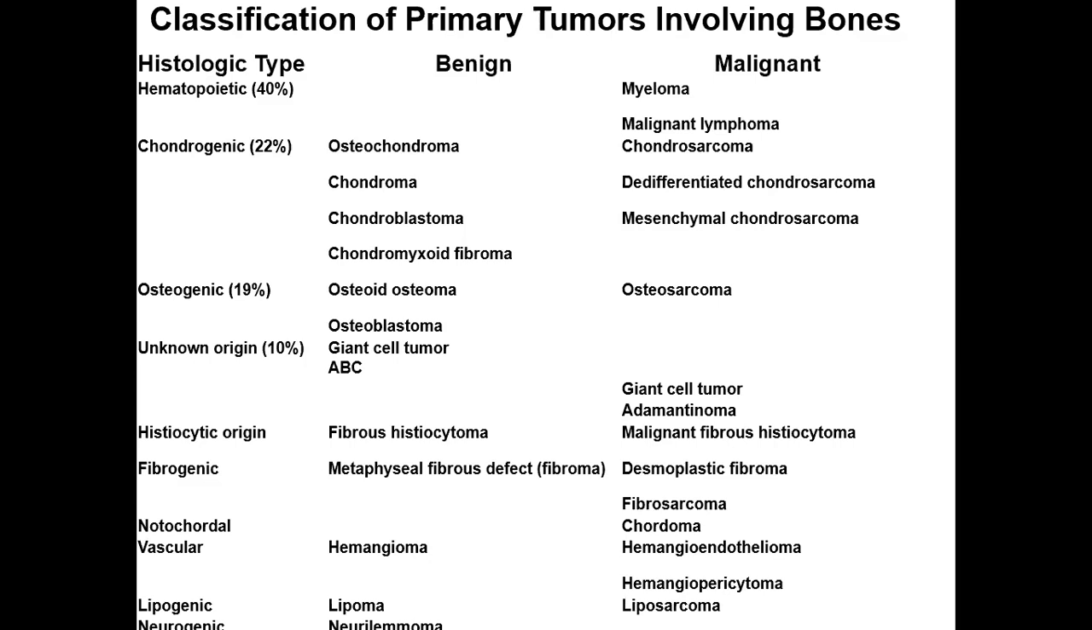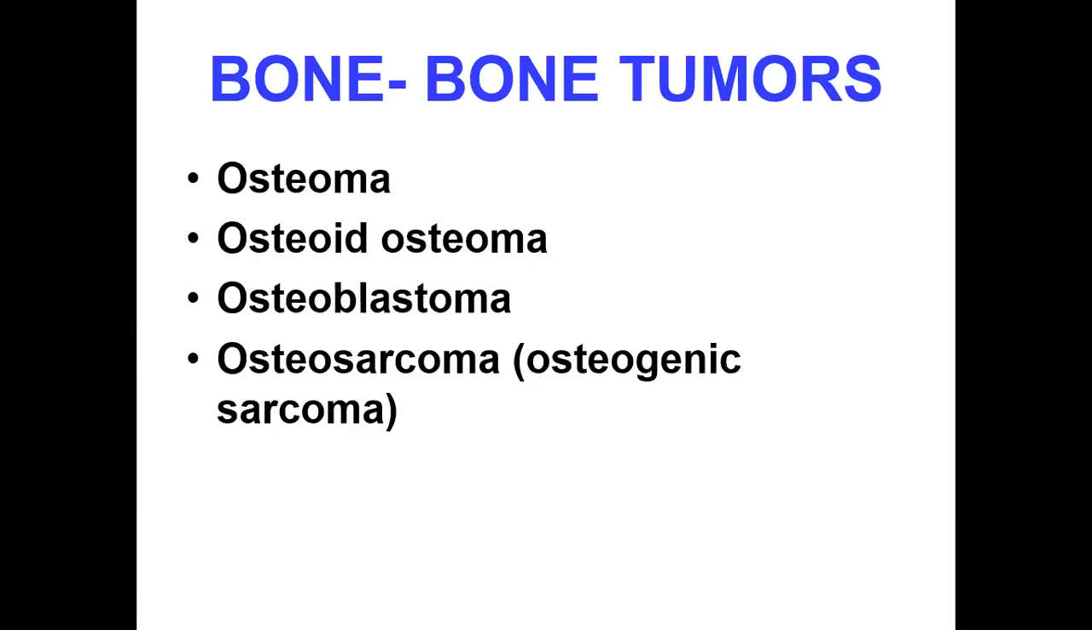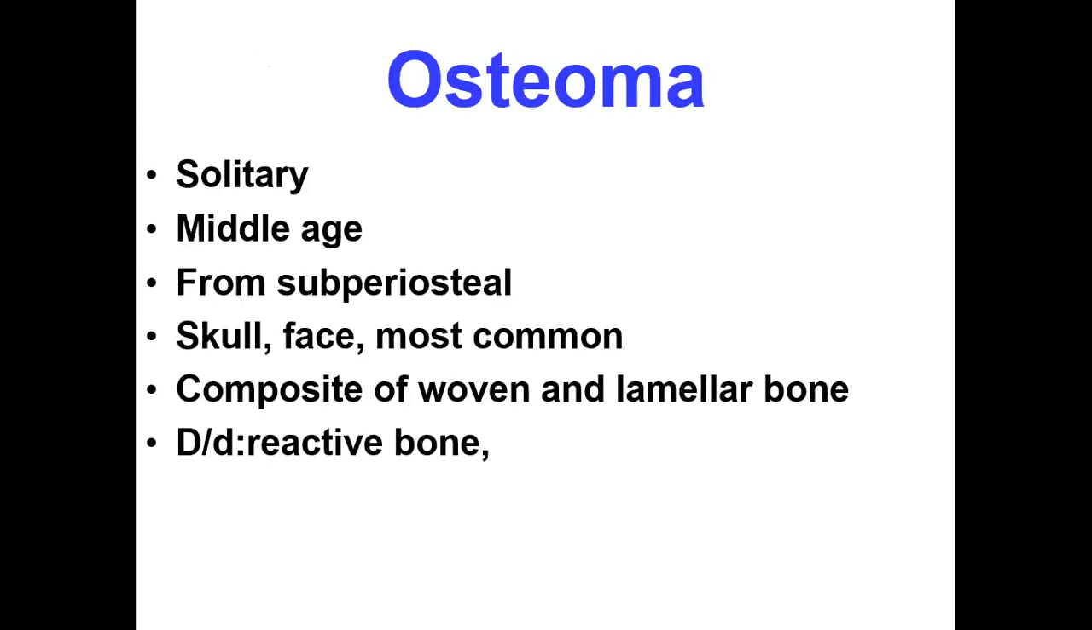So we start with the bone forming tumors. So first is benign bone forming tumors: osteoma, osteoid osteoma, and osteoblastoma. And the malignant bone forming tumor is osteosarcoma, which is also called osteogenic sarcoma. So osteoma,